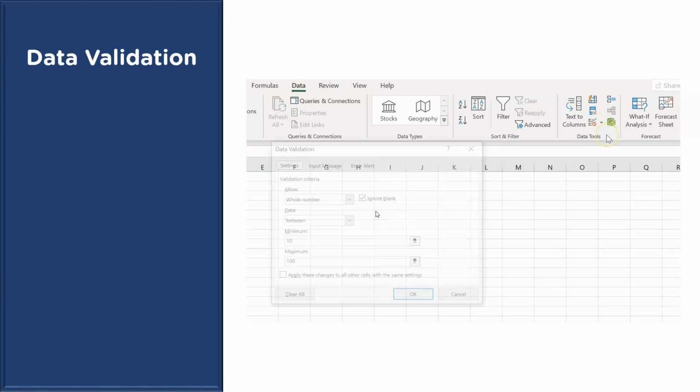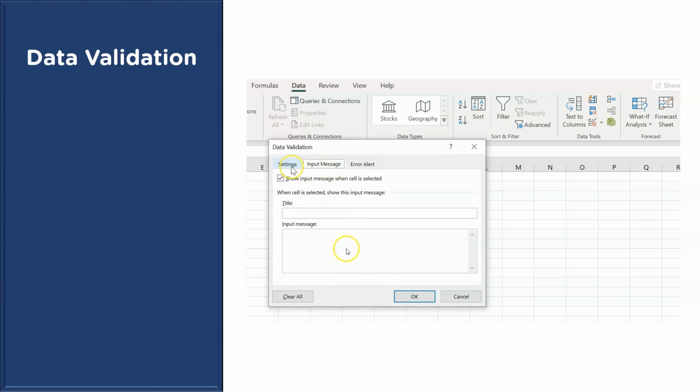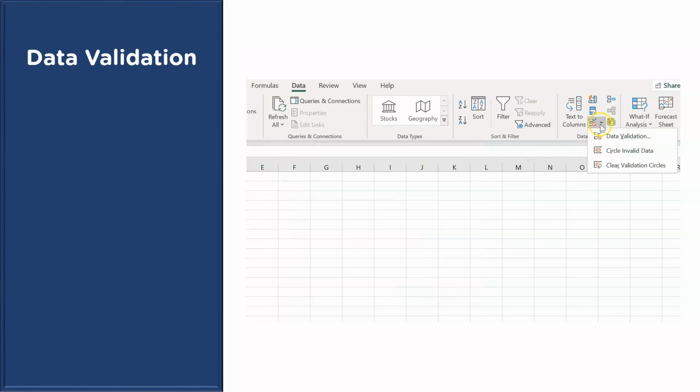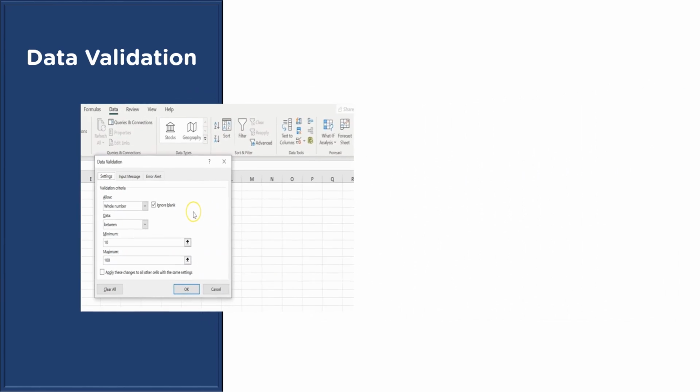in the cells. So you could limit it to basically a number between a particular value. You could also add some messages to it if you would want, or you could even circle invalid data or clear validation circles. So data validation really helps us in validating the data which is being fed in to particular